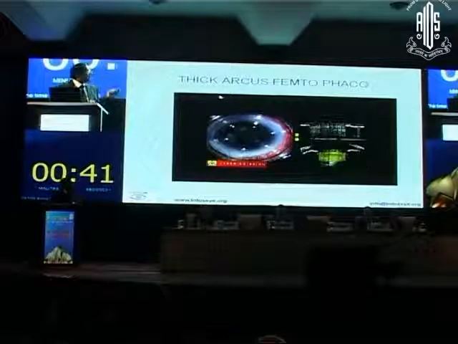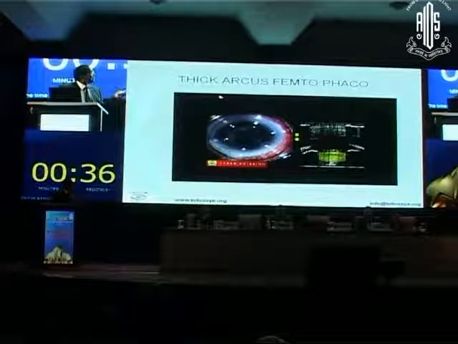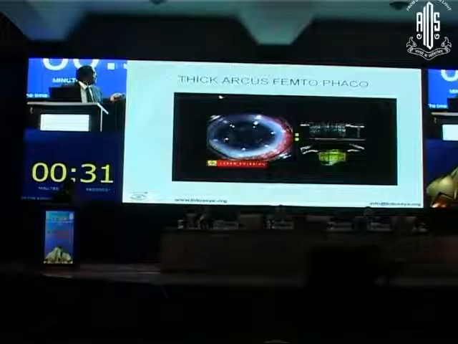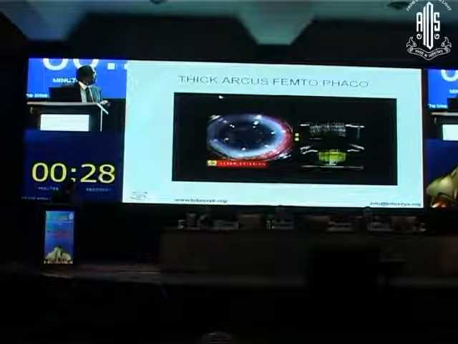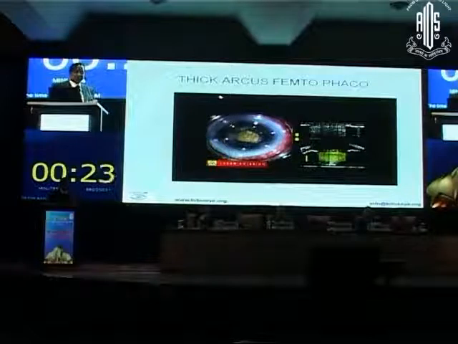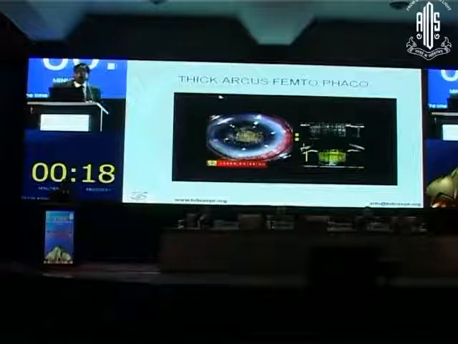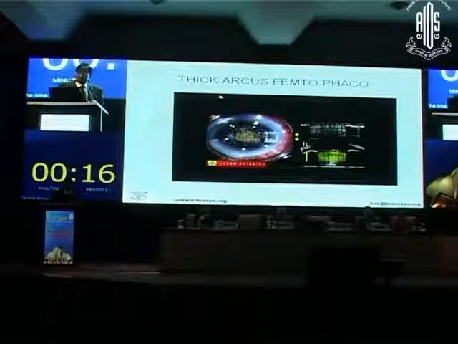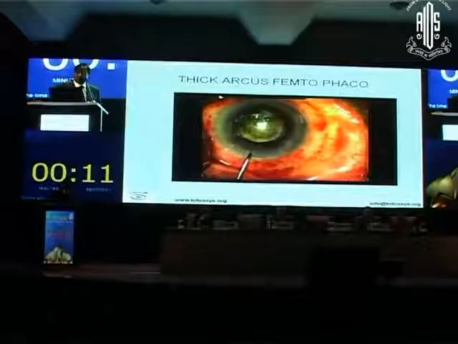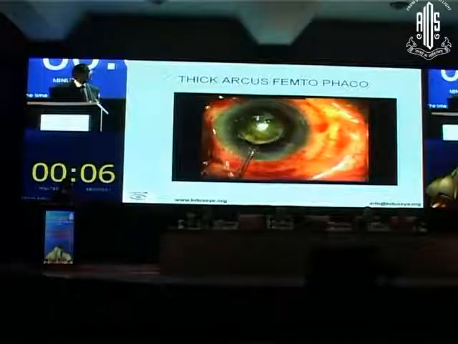There is one more interesting case. I didn't expect this case to do well with corneal incisions because you get a thick arcus and corneal changes. But we did a femto with this patient, and to our surprise, the wound was very good. We were able to get into the anterior chamber and remove the cataract without any issue. So sometimes, if you have enough spaces in between, you see the wound opens very easily in spite of the arcus senilis.